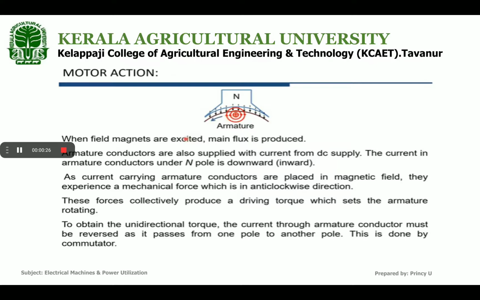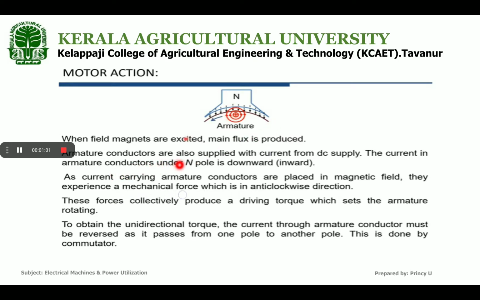So to excite the magnets, if it is a DC motor or DC generator, we know that constructionally both the machines are the same. To excite our alternate south and north poles, we need an excitation current. So we give some excitation to the poles. When field magnets are excited, they produce main flux lines. When we give an input to the field windings, it will excite the magnetic poles and a main flux will be produced on these poles.